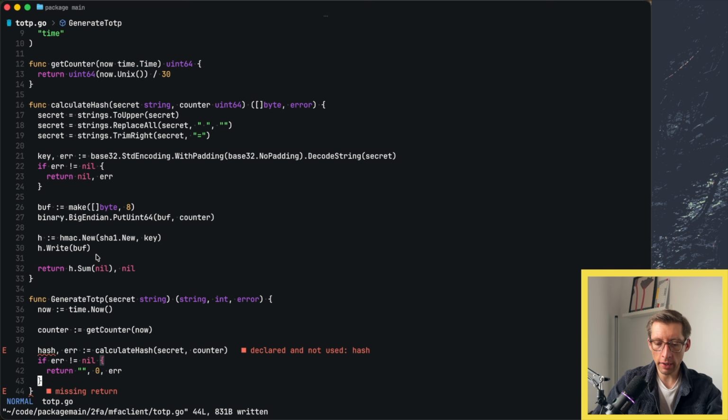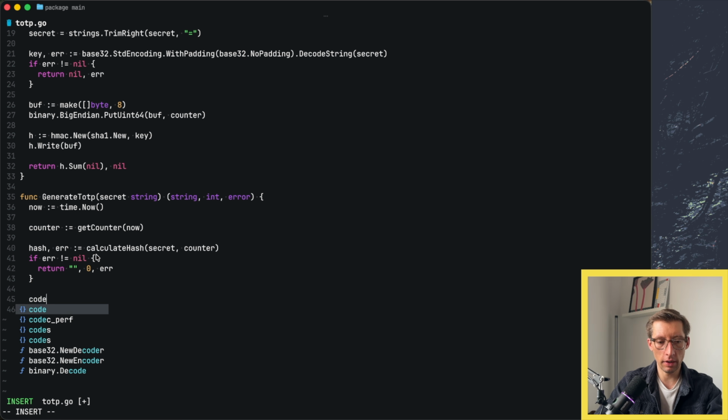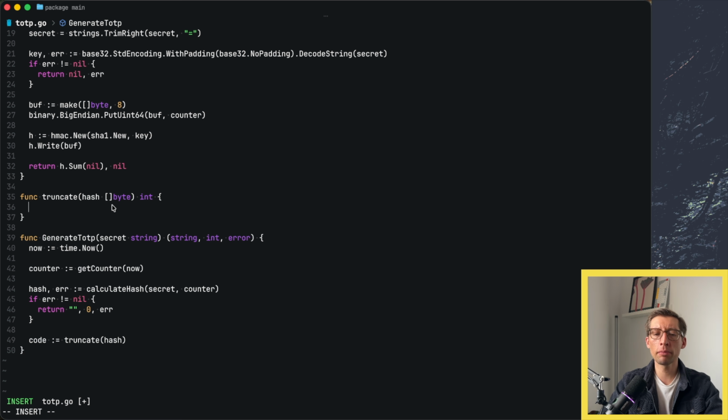So we calculate the hash. As you remember, we need to get the actual code by truncating this hash into the 6 digits. We'll have another function for that, and that will be our final code. Will be, let's say, truncate hash. Now, this function may look a little bit hacky, and it did to me at first, but